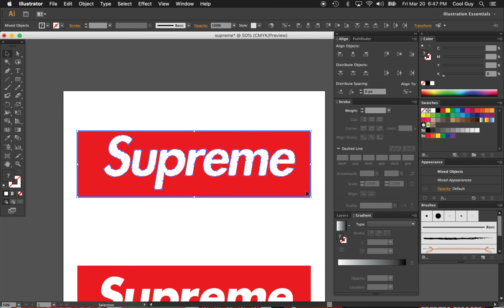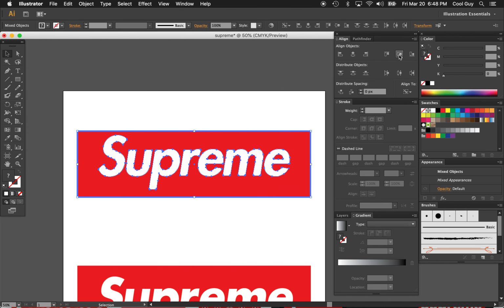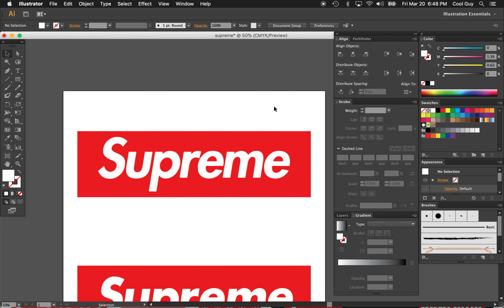This blue highlight means it's a key object. That means it won't move, and the white logo will move inside it to align to that object. So with that blue highlight, go back to the Align panel and align it horizontally and vertically. And yeah,